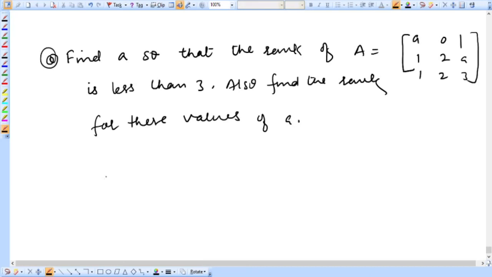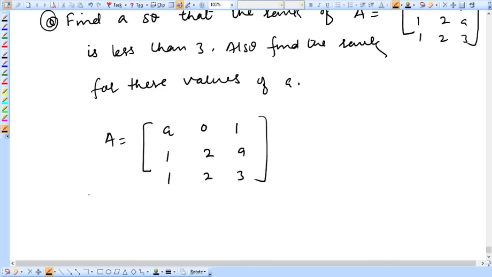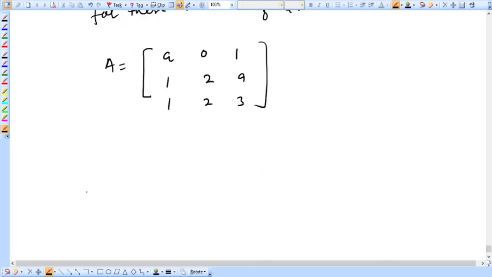So here A is the matrix a 0 1, 1 2 a, and 1 2 3, and given that the rank of A is less than 3. It means